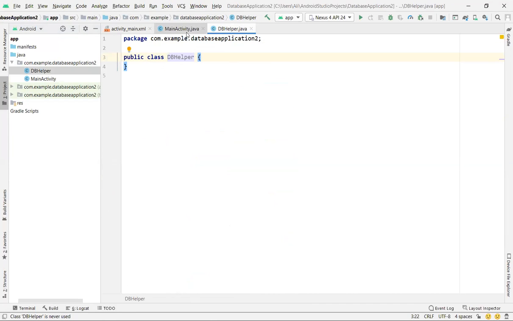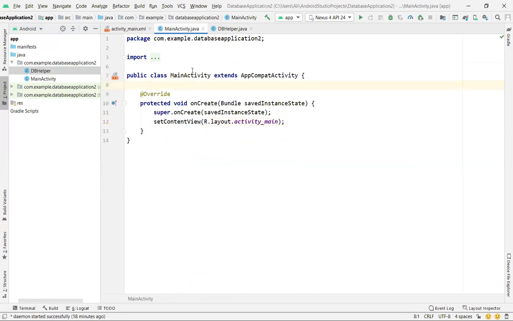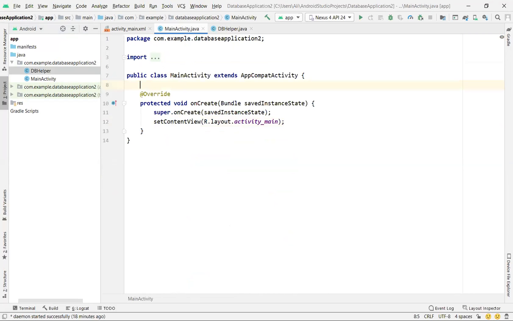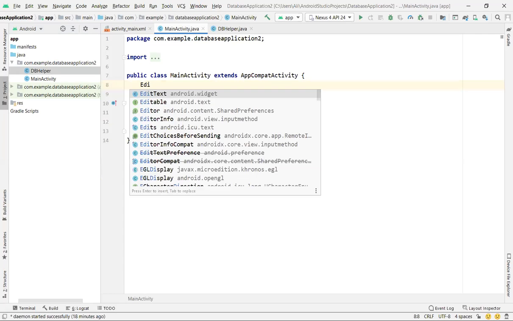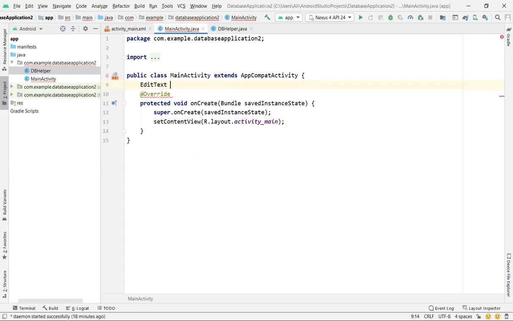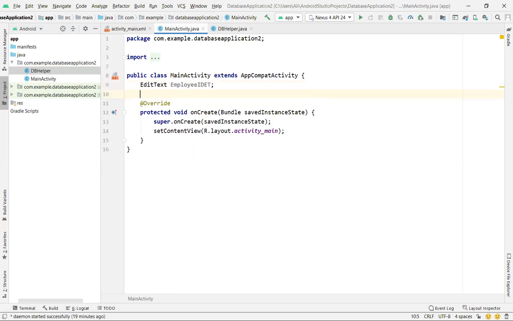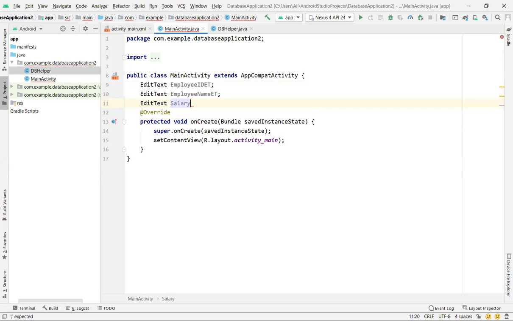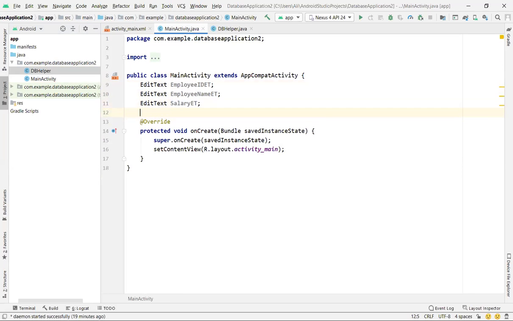So before going to the DB helper, let me just write down a few basic codes in the main activity, and then I will come back to the DBHelper.java then. So initially, I'm just declaring here a few objects. Number one, EditText, and I'm just writing here employee ID EditText, and employee name EditText. The next control we have on the user interface is salary EditText. Now the next one we have here is address,